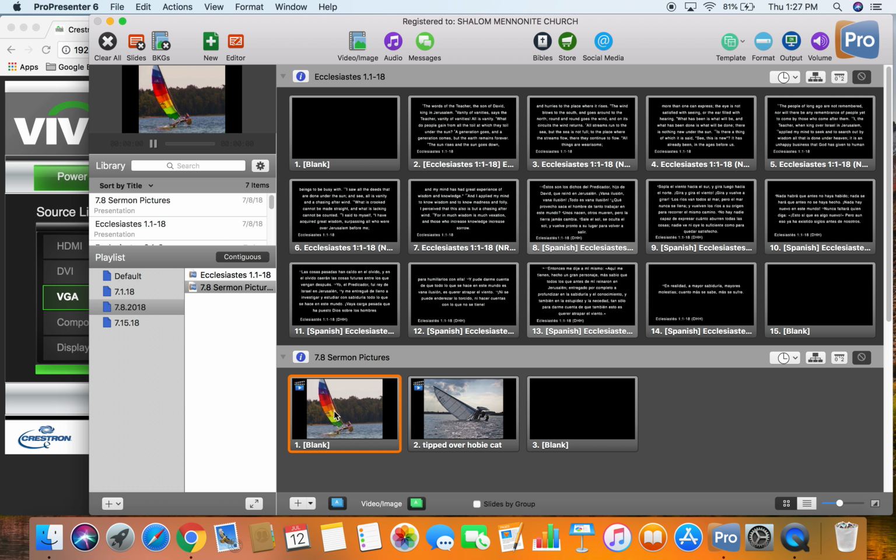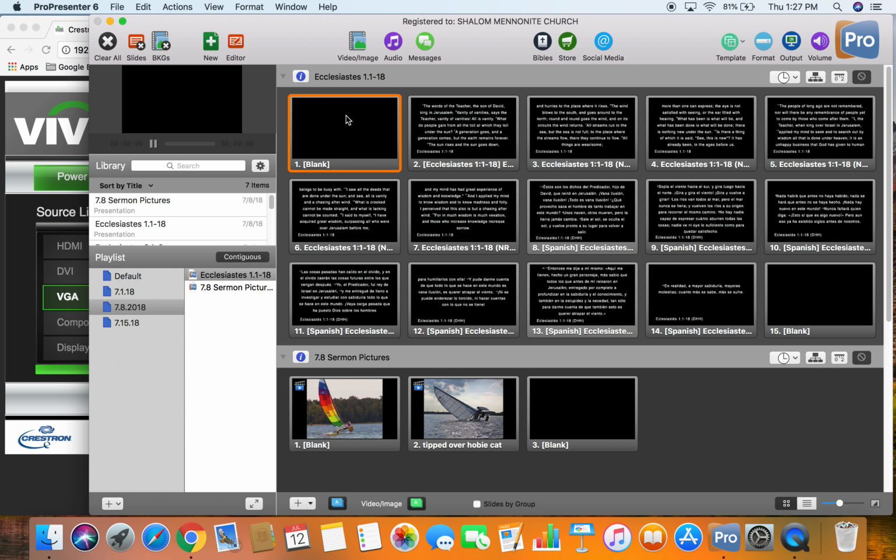And if you want to do that, to let someone control the slides from elsewhere in the sanctuary, you're welcome to do that, but you lose some of the ability to maneuver from section to section when you do that, because you can only arrow from slide to slide within a given section. So for instance, if I'm in the scripture reading and I've clicked into that using the mouse on the laptop,